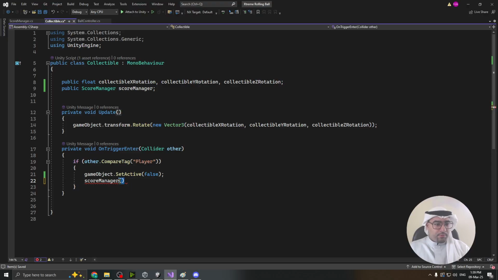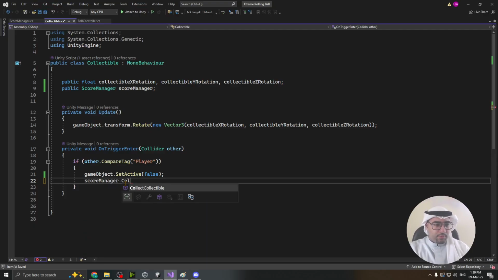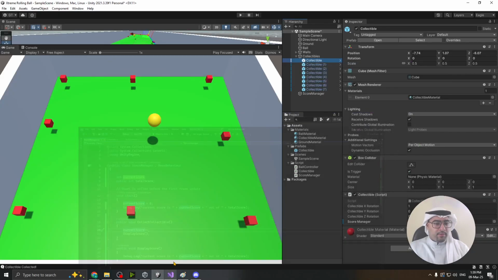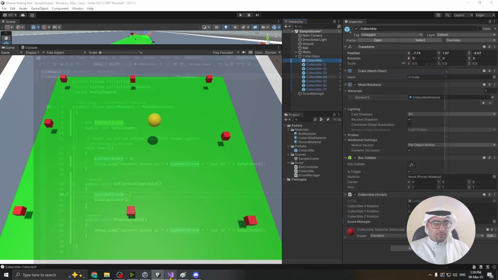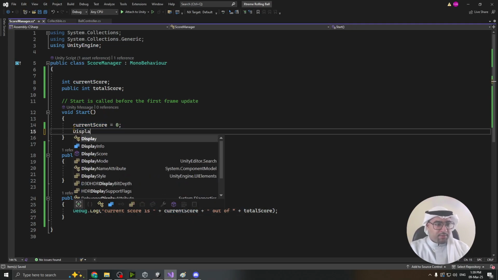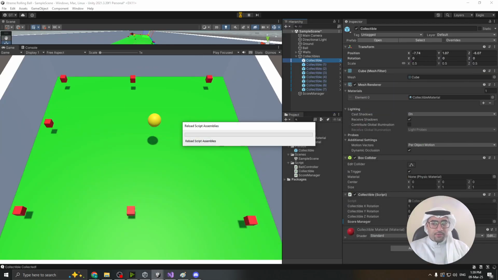Score manager dot, is it? Score manager dot select collectible. Okay, and now when I actually hit a collectible, it should take me to the score manager and increment the score and display that score. Let's display this from the get-go. Instead of referencing this here, I can simply say DisplayScore. Also, make this clean. Okay, this is good. Now let's run the game